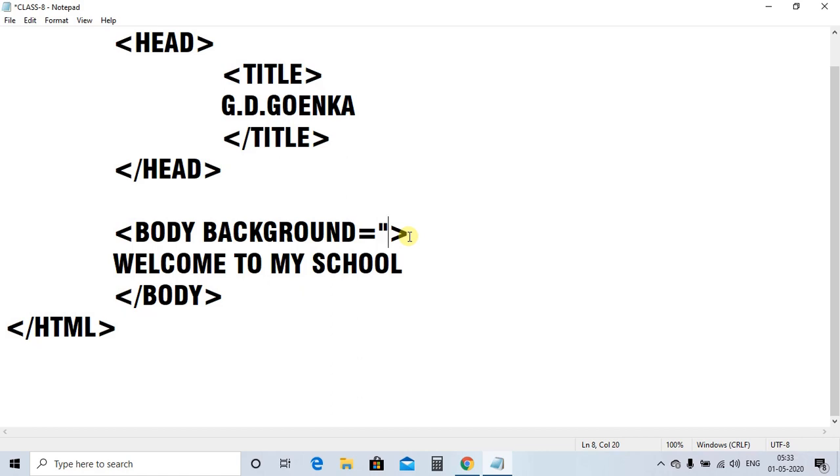double quotes. Now in background we don't write a value which is text or number. As we want to insert an image as a background, we will write the name of the image. Body background equals to the name of the image which we want to insert as a background.